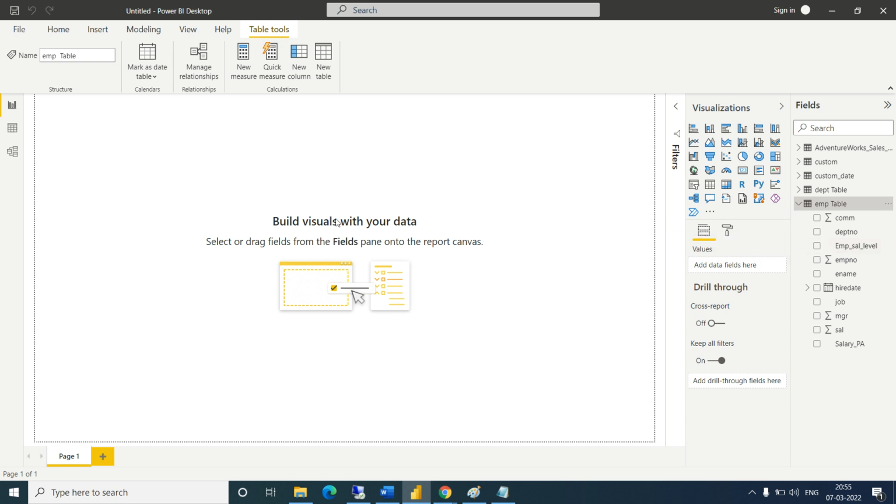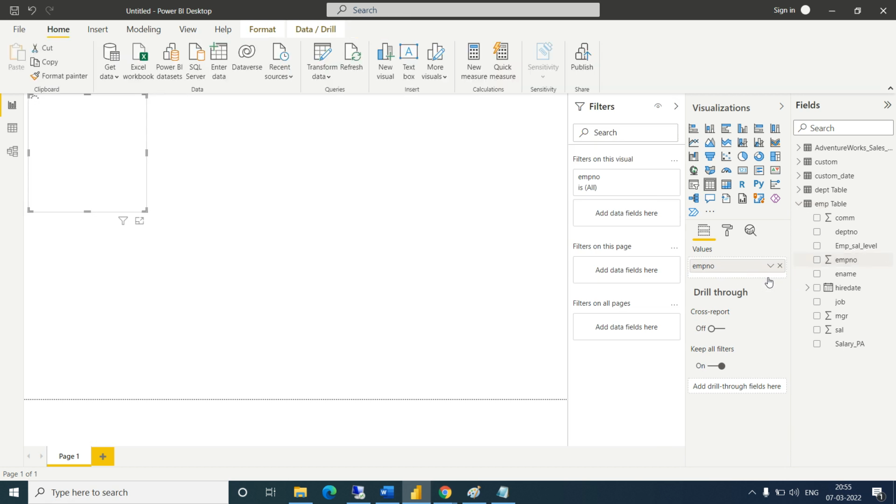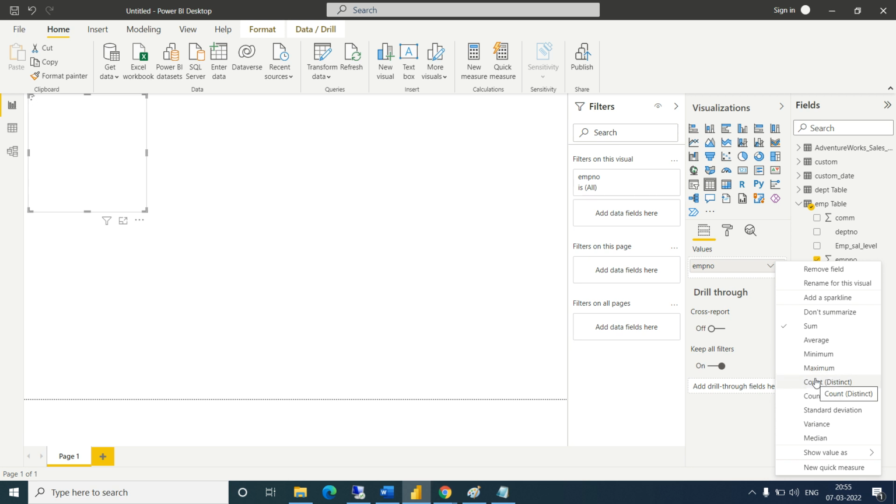So I want to create a pie chart showing how many employees there are. I want to take the count of the employees. So I am taking the employee number and I will take the count distinct of employee number.